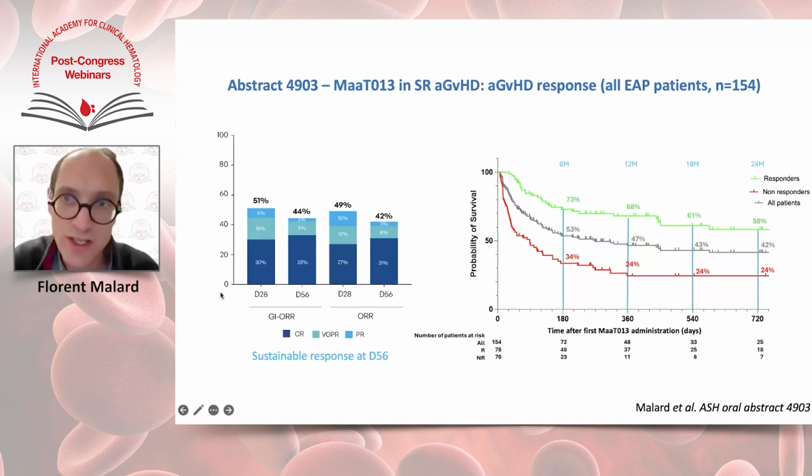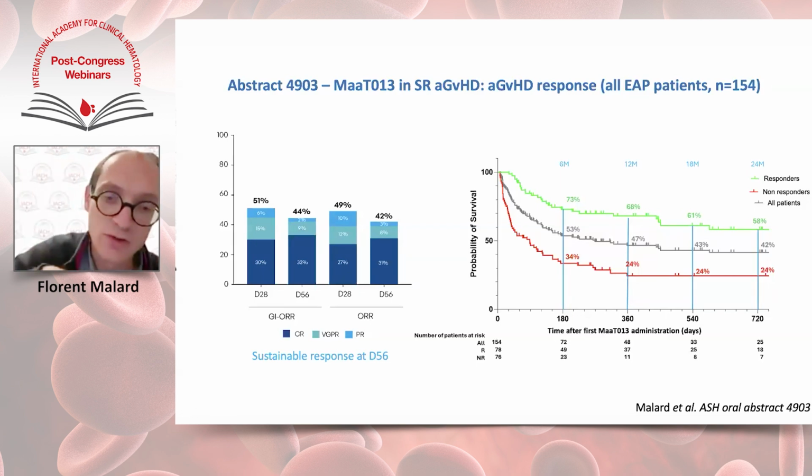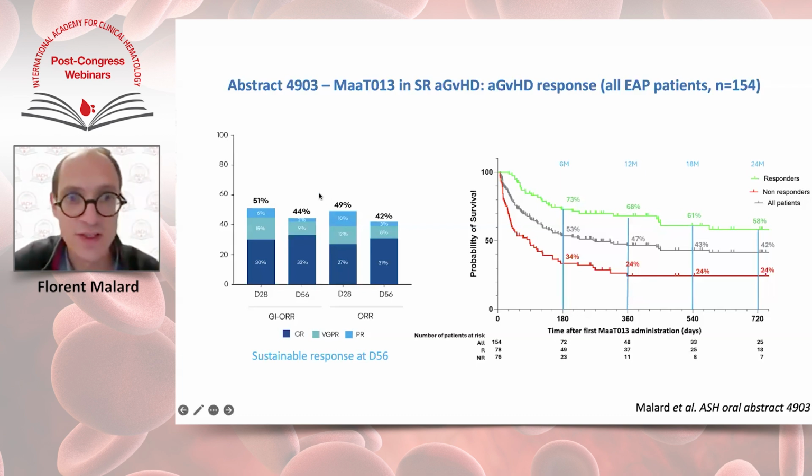Here, this is the response rate for all patients, 154 patients, with a day 28 response rate of 51% that was sustained at day 56, being 44%. If we take the overall response rates in all organs, which also take into account the liver and the skin, it was 49% and 42% at day 56, and it translates in responding patients in an overall survival of 68%